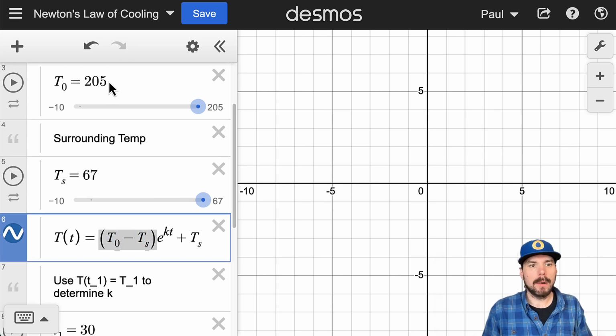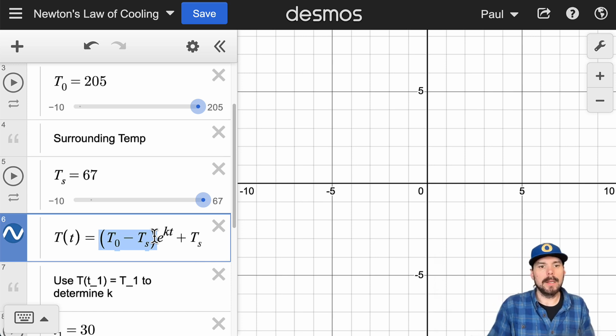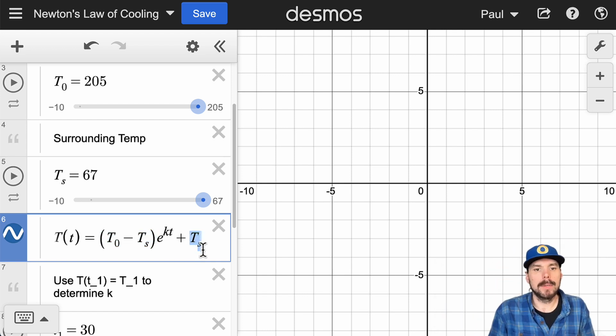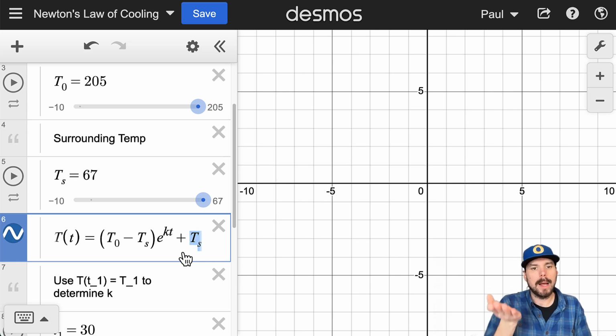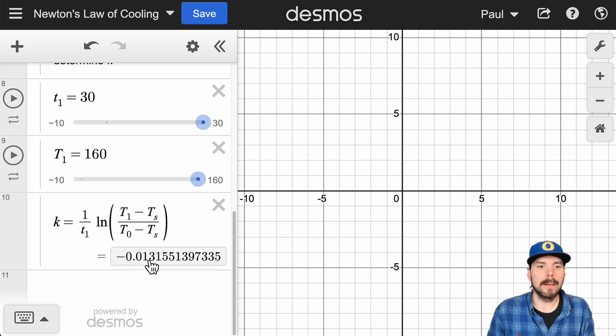With our scenario, our initial temperature is higher than the surrounding temperature, so our coefficient will be positive, and k, I'll just let you know, is going to be this negative rate. So what we'll have is a decay function that approaches that surrounding temperature. That's going to be a horizontal asymptote. If we're thinking of transformations, we can think of that as a vertical shift, shifting the whole graph up from that x-axis. And with the coefficient being positive and k being